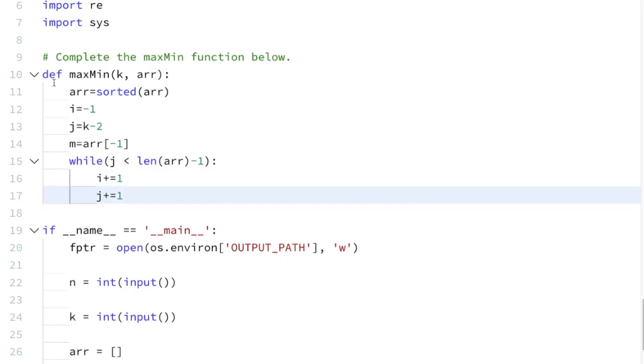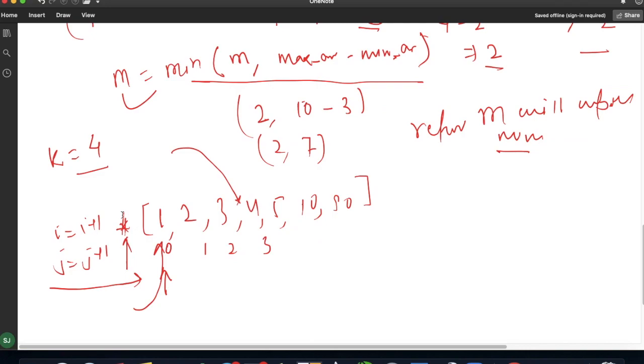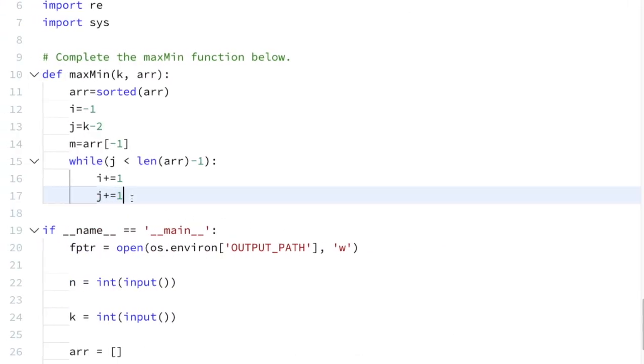Now you can see here i got its correct position and j got its correct position. Initially i was away, so i got its correct position as 0 and j got its correct position as index 3. Now here it is clear why I have initialized this one.